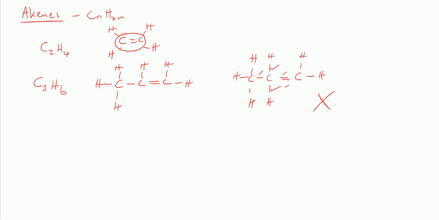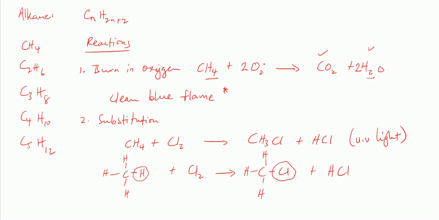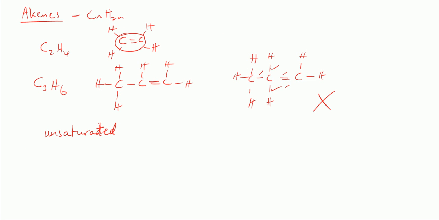So we need to know that alkenes are what we call unsaturated. Yeah, alkenes are unsaturated, right? And that is because they have a double bond, right? I forgot to mention that in the case of an alkane, alkanes are saturated, right? Because they have no double bonds. So alkanes are saturated and alkenes are unsaturated. Okay? You also need to know that, and so the reaction,